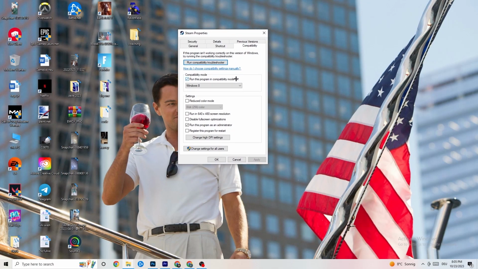And now I want you to simply copy my settings. So let's quickly run through it. The first thing you want to do is go to compatibility mode, and you're going to enable run this program in compatibility mode for, and you're going to select the latest Windows version you have. Afterwards,